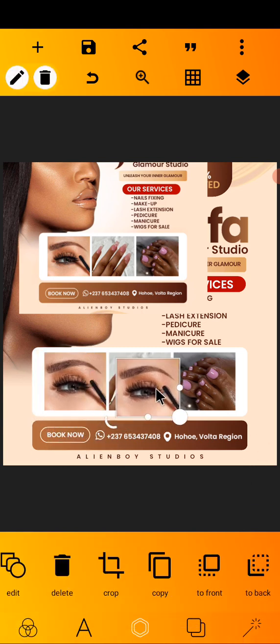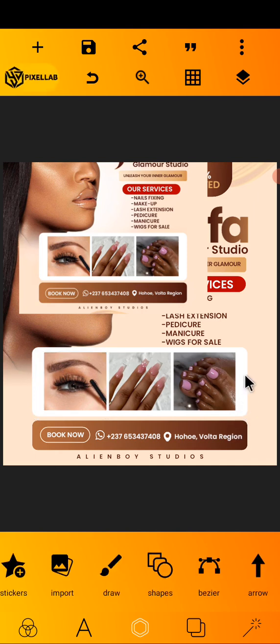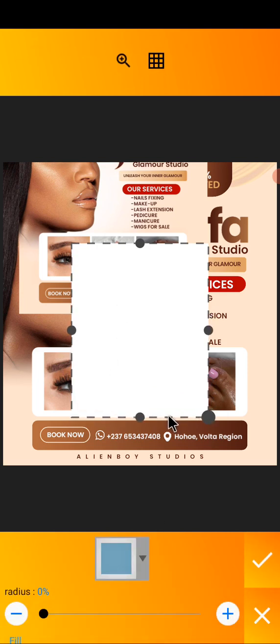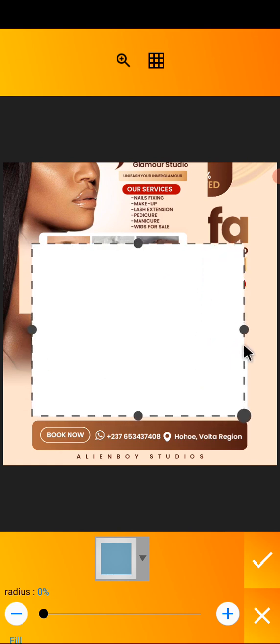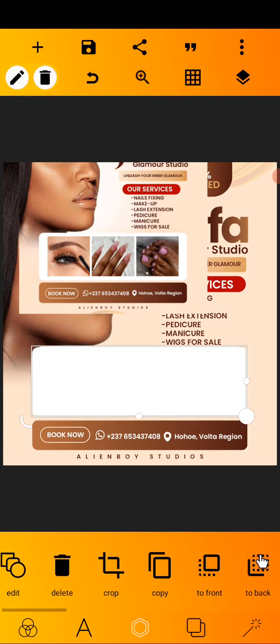Yeah. So you do this for all these other particular shapes, so you have these effects as seen on the original design. Now to also have these other effects behind these images, this is what you do. You just go to shape, position it, then you increase your radius. You give it a radius of 10%. Then after doing that,